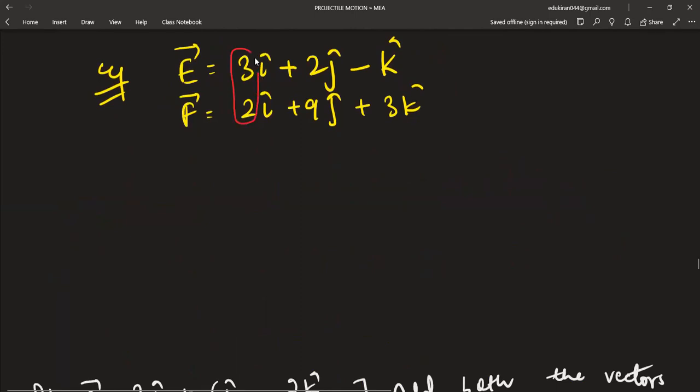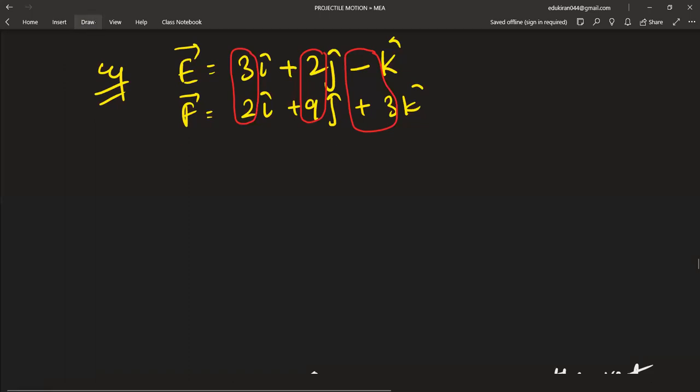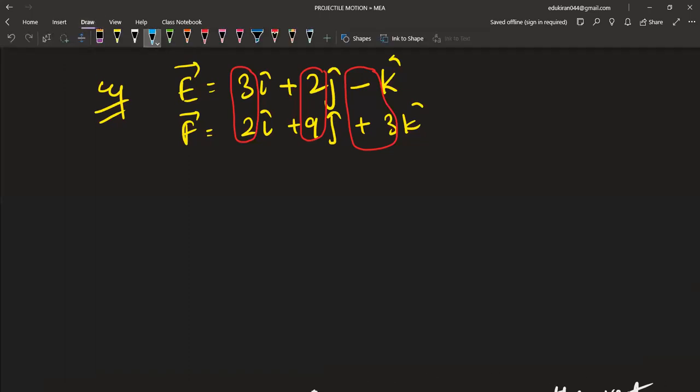When we are adding, we'll just add it. So it will become 5 I cap. Adding this, 9 plus 2 becomes 11 J cap. This is minus 1 plus 3, that is 2 K cap. So basically, if we are adding this,